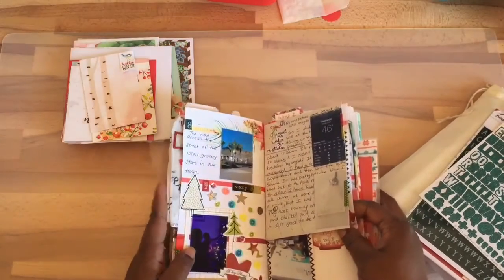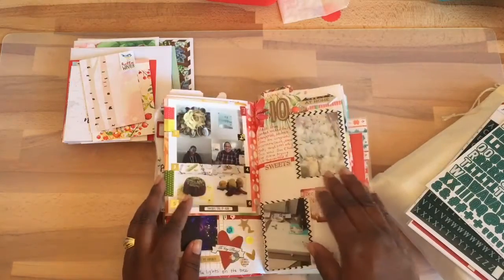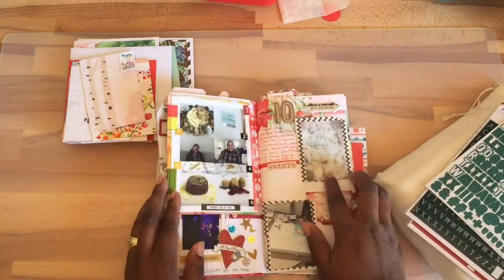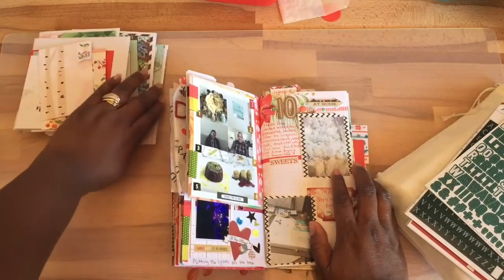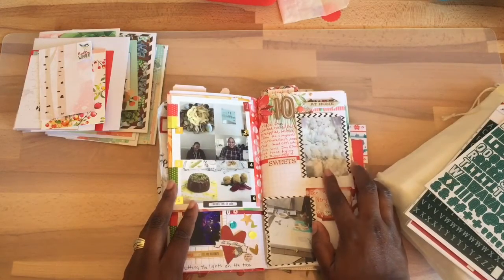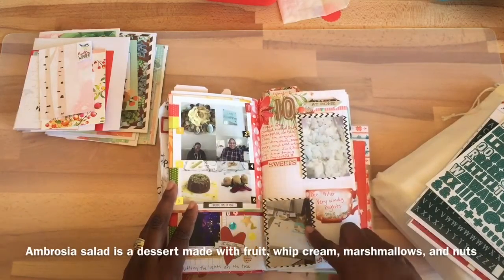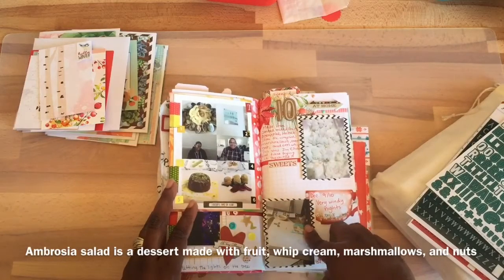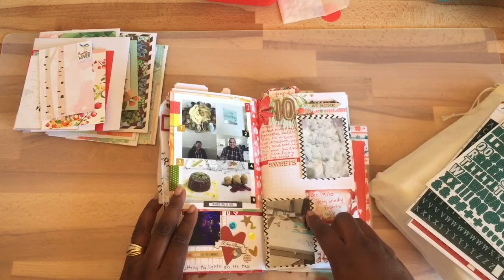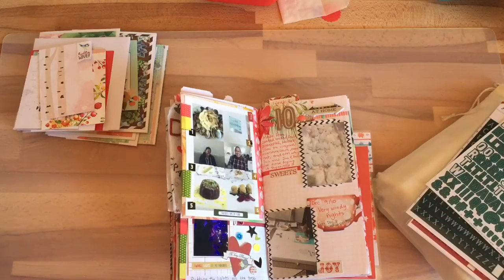So I believe on days 9 and 10, here I'm just showing a picture of where I made some ambrosia salad, and it was my sons' first time tasting ambrosia salad. So that's what that picture is. And here my daughter is painting. If you know, what is her name? The Frugal Crafter. She actually had a PDF, which I'll show you,